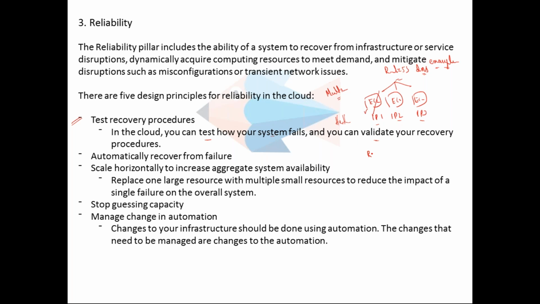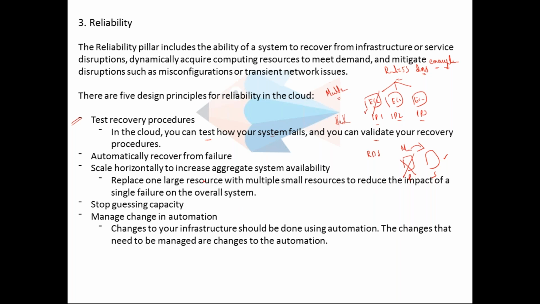Or if you go for RDS, we have multi-AZ. Multi-AZ basically creates two databases, the primary one and a standby. You can manually stop or terminate your instance, and you can see how it directs the request to the secondary one.